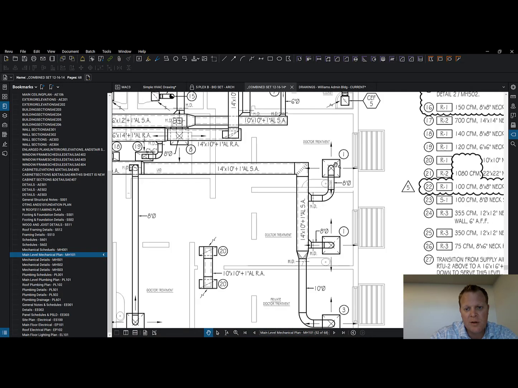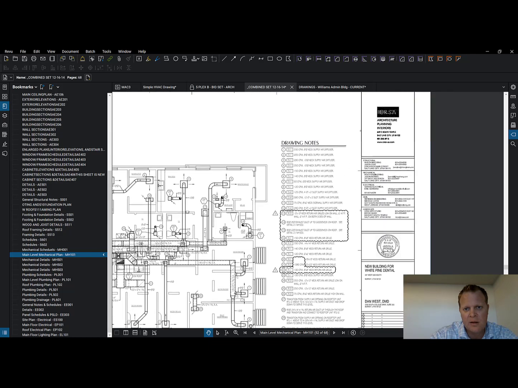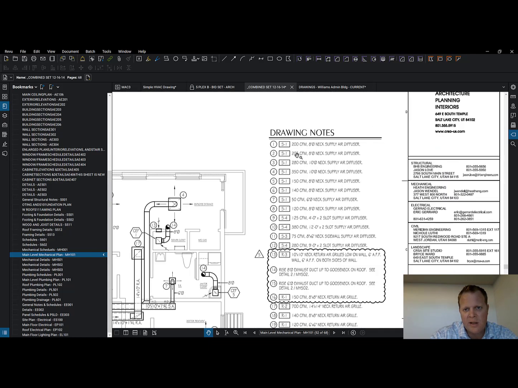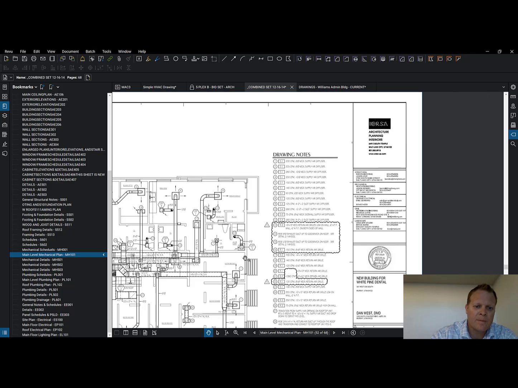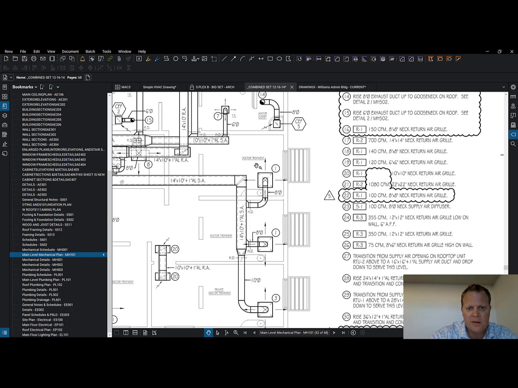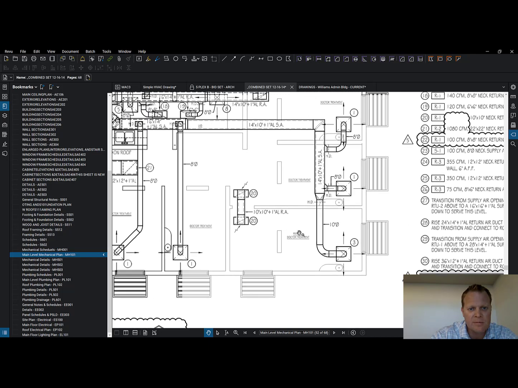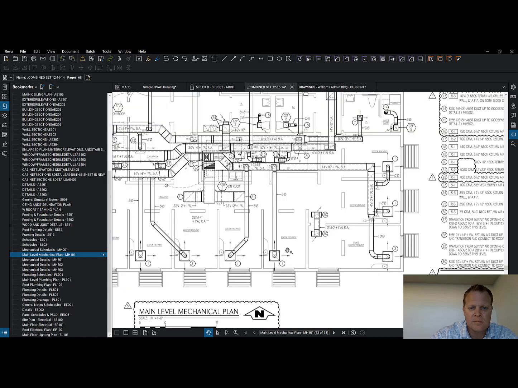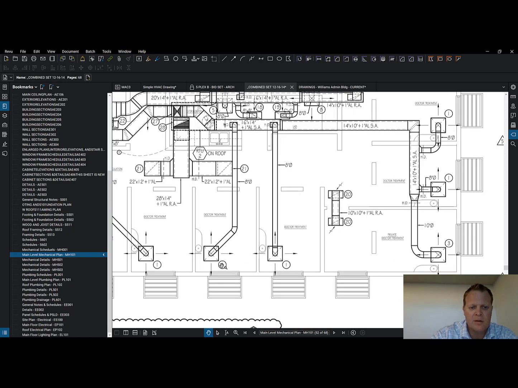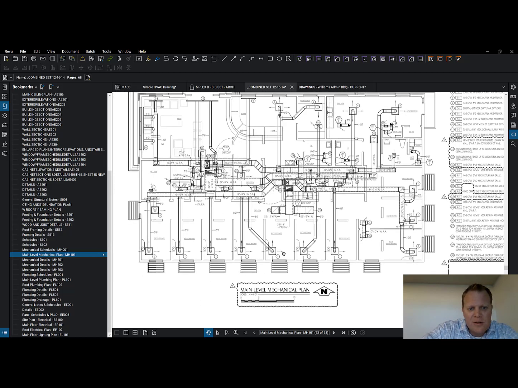I forget what it was, 200 CFM, 200 CFM, 280 CFM. Was that what the 3 was? 280. Oh, 200, yeah. So they're saying that this doctor treatment room is getting 200 CFM. This doctor treatment room is getting 200 CFM. This private doctor treatment, 280 CFM. Okay, we're getting 200, 200, 200, so all that. So the diffusers,